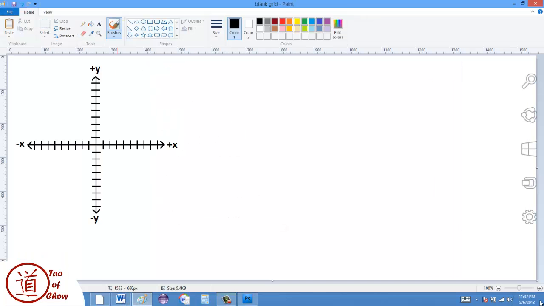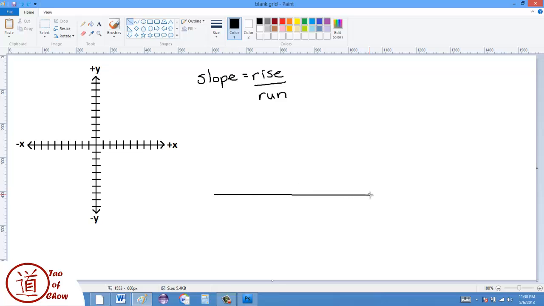Okay, the first thing I wanted to do is to define the slope. As I said earlier, the slope is defined as the rise over the run. Let's just imagine, for instance, that we had a ground here and it was flat, and we had a ramp. Let's say I'll draw the ground as green, and I'll make the ramp brown. If I had the ramp and it went like this, relative to the ground at a low angle,